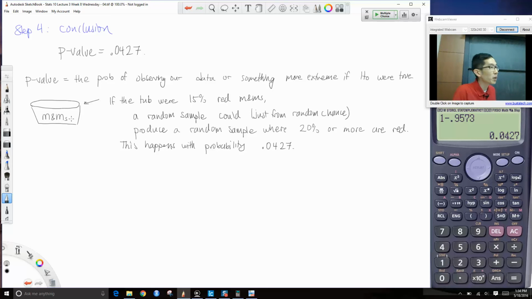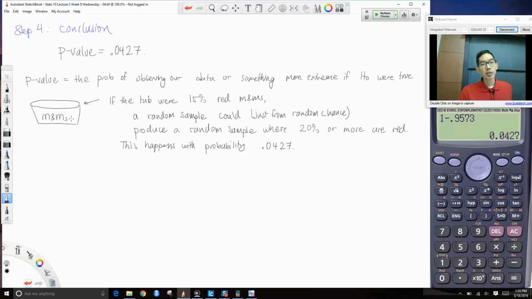Sure, it's possible, and it happens about 4% of the time. And so now we're faced with a choice. We can say, all right, I think the sample that I got was just a result of random chance. It happens 4% of the time. I could have been one of those 4%. The other option is,